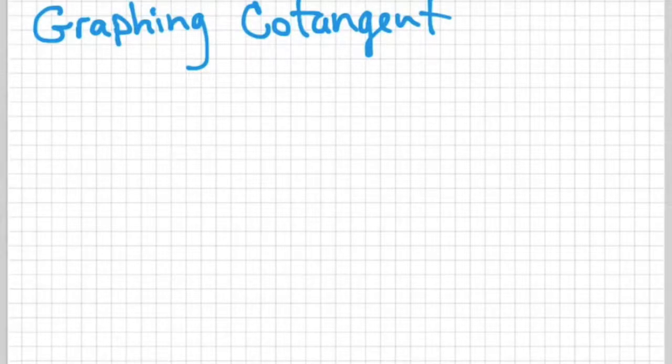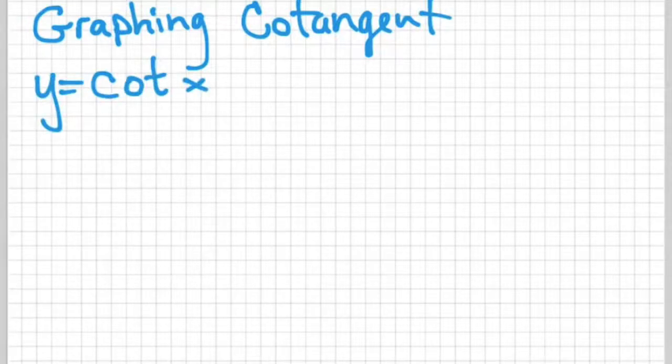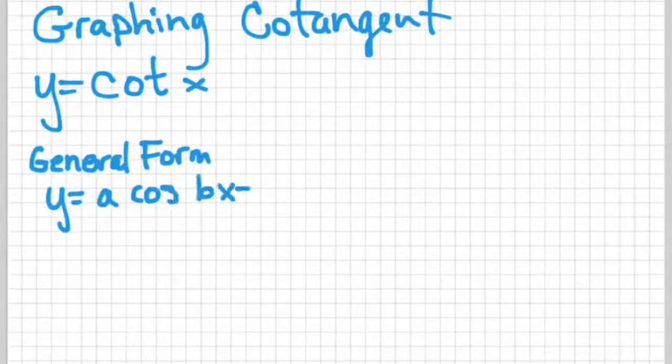In this tutorial we're going to cover graphing cotangent, which we've talked about tangent already a little bit, but I want to go into a little bit more detail with cotangent. So basically cotangent takes the form just like tangent does, except it's going to be a reflection in the x-axis. So the general form of cotangent,